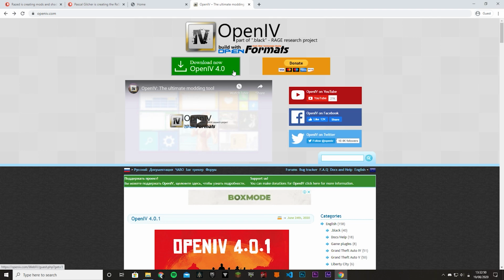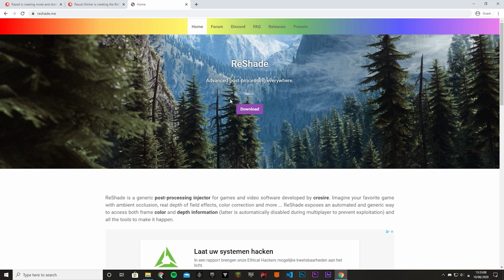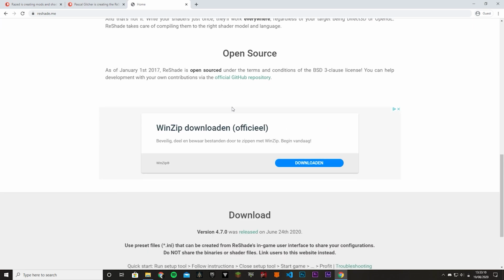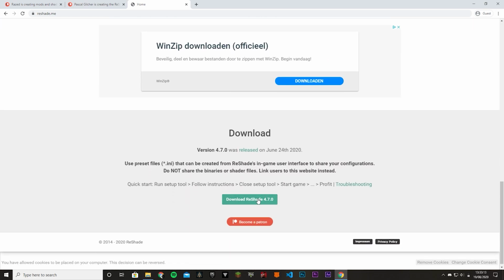So you're going to have to download that. This is not a tutorial on how to get OpenIV to work. If you have no idea how to get OpenIV to work, then just go watch one of my menu install tutorials. There I go through the full process of installing OpenIV, but that's not for today. So you're going to have to download Reshade. So I'm going to do that. So download Reshade